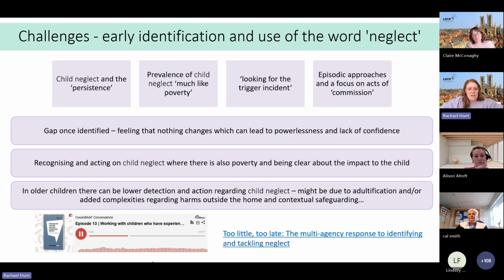And we've put a link in there to the report that some of these themes come from. That's the Too Little Too Late report, which is from the NSPCC. There's also a podcast that talks through some of those key points as well. So again, I would encourage you to take some time to think about those further, or share it with your staff, and ask them to have a listen or think about some of those key themes.